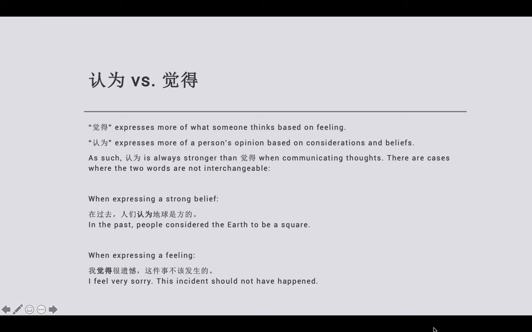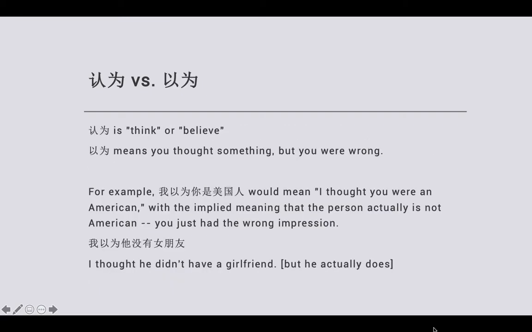This incident should not have happened. 我觉得 because it's just based on your feeling. It's not based on your belief or something. So you cannot use 认为 here. 我觉得很遗憾。